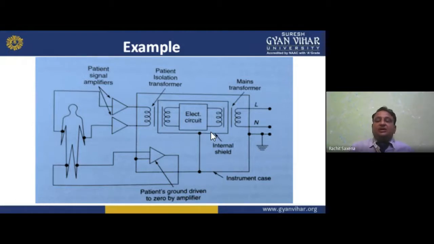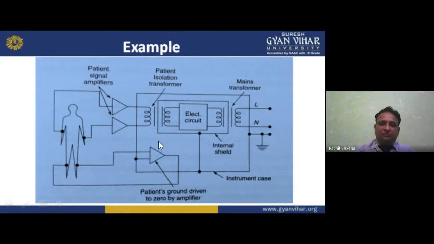Why I have to make shielding, my dear student? If I am not making the shield, what will happen? I have to cover it, as per our requirement. So if I have to cover it, I have to make a shield of it. I have to shield it. Otherwise, it can interact with other things and make a fault, a short circuit. And here we have another transformer, and this is grounded.